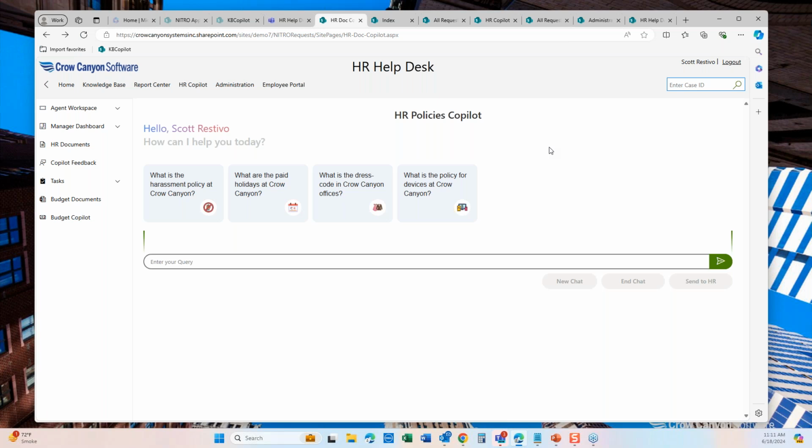So here's inside of an HR help desk that we have. This is from a staff perspective. There is a Copilot. So you go to HR Copilot here, right on the menu, and find it. Of course, there's other places where there's all the requests that are being made, all the things that need to be